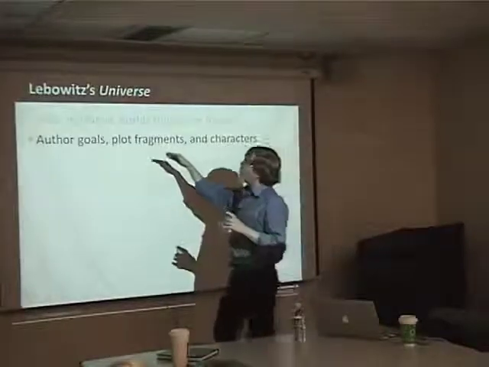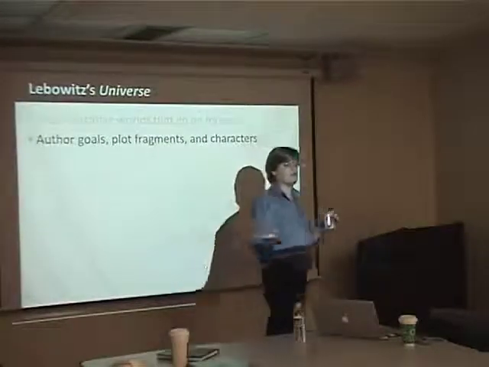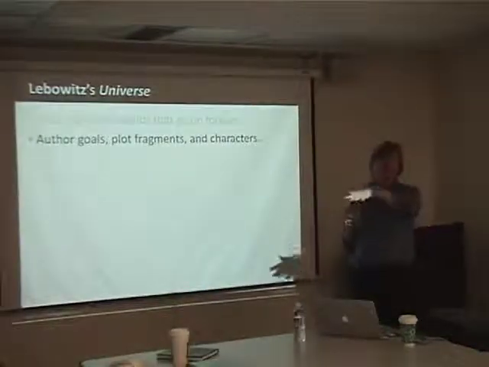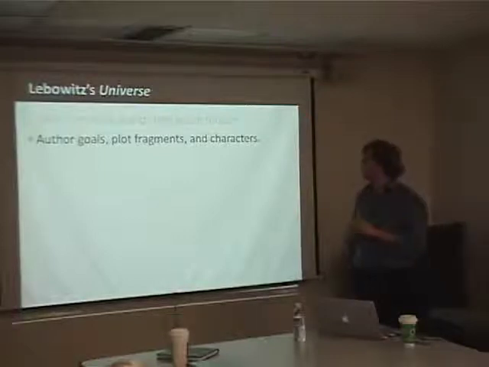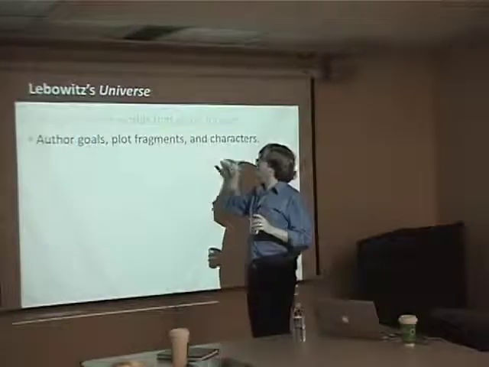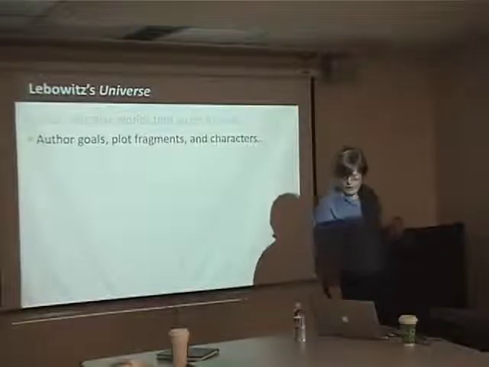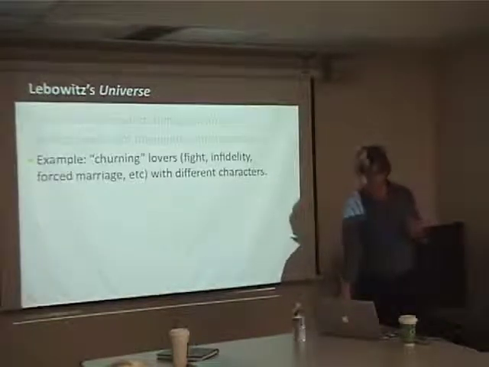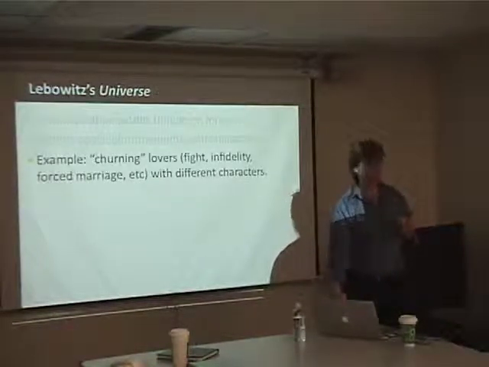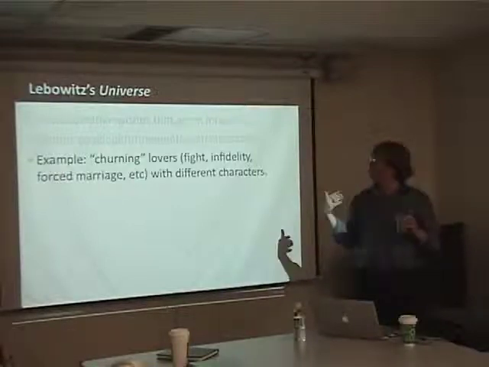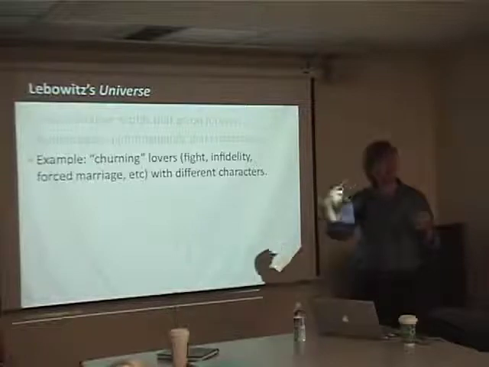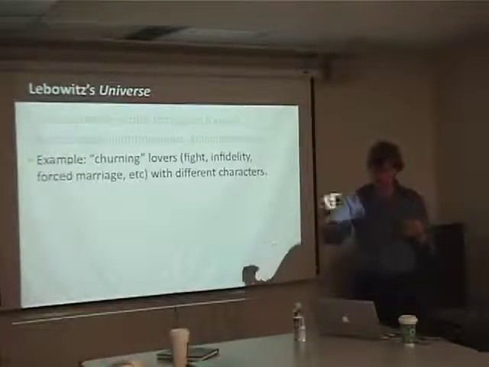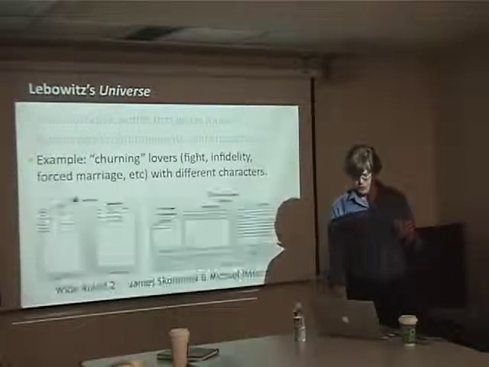And then you have to find another way of churning these lovers who are meant to be together, right? Maybe quickly before the parent dies and removes the blackmail or whatever, you have one of them get married to somebody else and so on, right? So these are the kinds of structures that are inside Universe. And as I've been talking about, there are various ways of churning lovers. I guess the important point here is that the characters don't want to be kept apart. You're not just paying attention to what the characters want. You're trying to represent some other kind of structure.